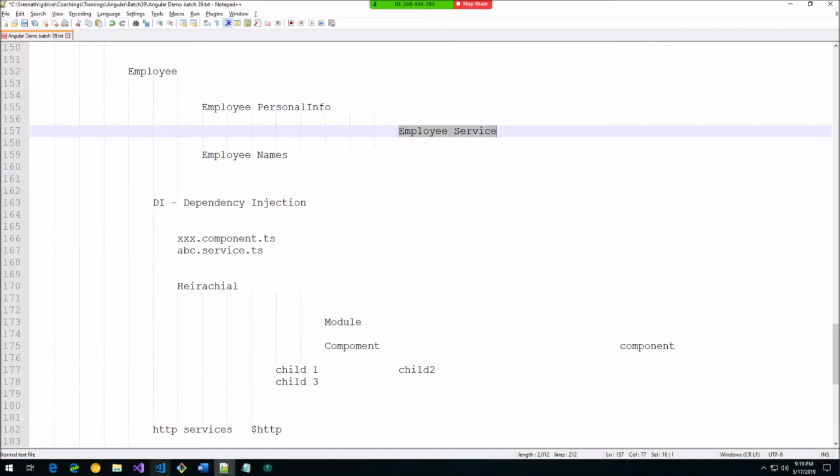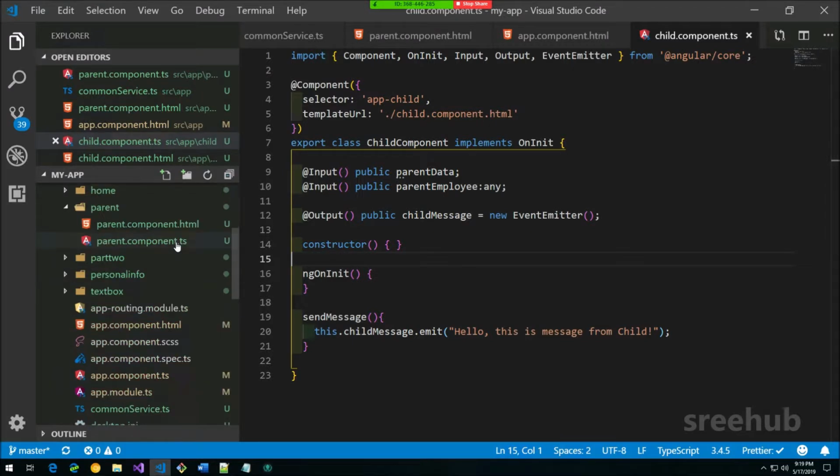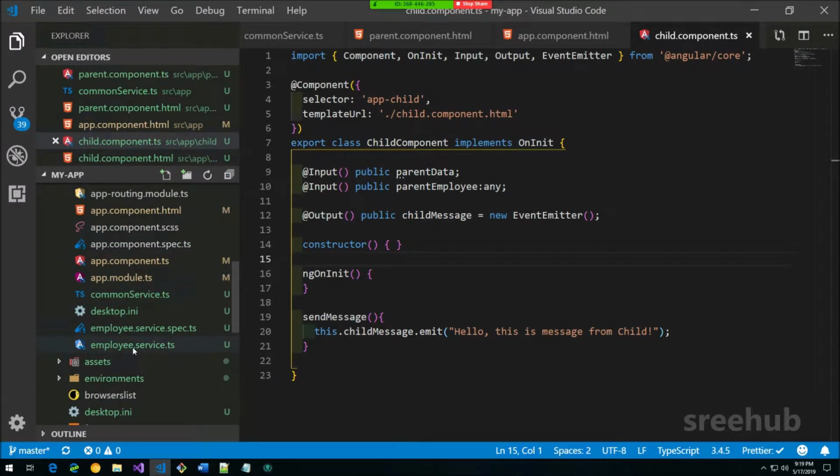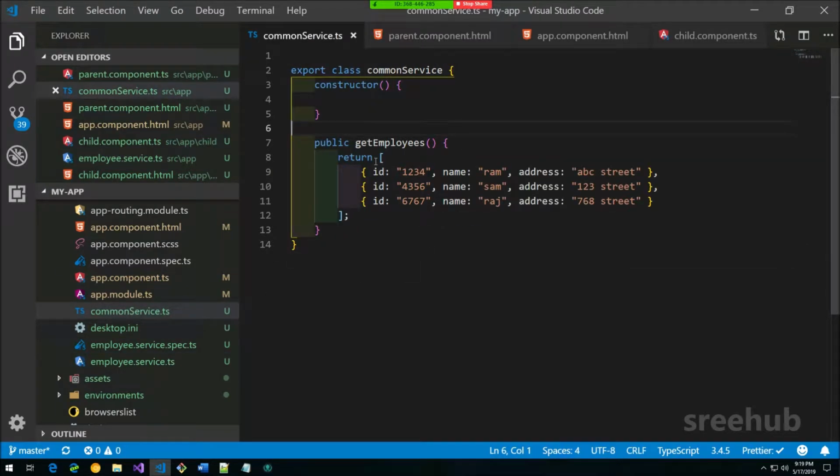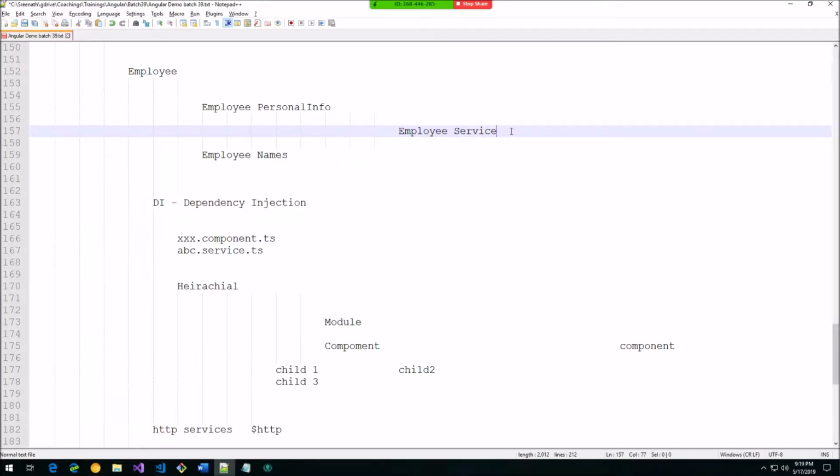If you remember in our previous class, when we were using the service called employee service, it in turn was calling the common service, but the data was hard coded. But in a real time situation, the service in turn talks to some APIs. There can be situations where a service may want to read data from files, but most of the times it will be reading from endpoints, or HTTP or HTTPS calls,